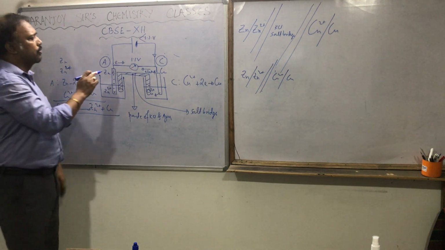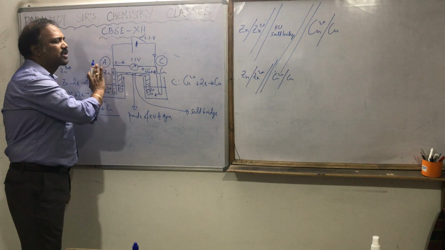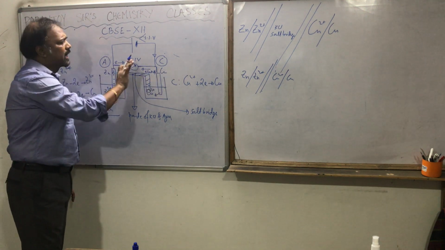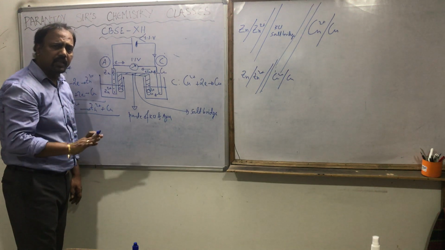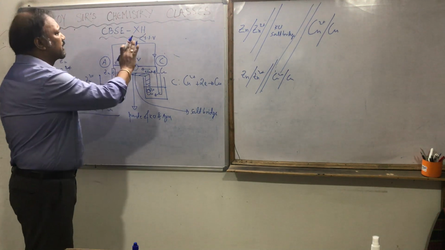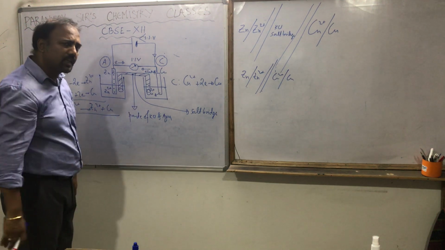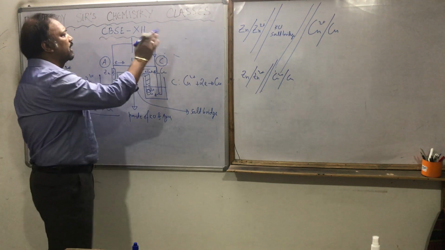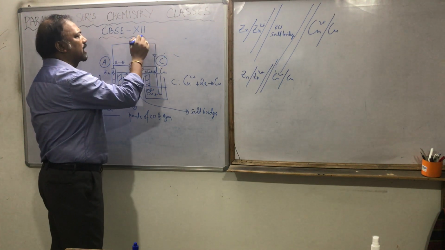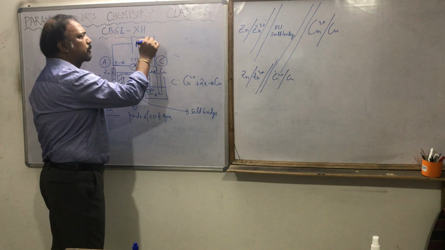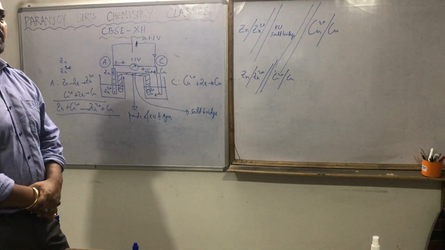Still, the electrons will be flowing from zinc to copper, obviously with lesser potential, and the deflection of the voltmeter will still be in this direction. Is it clear? Okay, fine. Still it is behaving as an electrochemical cell where the chemical reactions are generating electrical energy. Now I am going to make the external potential equal to 1.1 volt, increasing it to 1.1 volt.